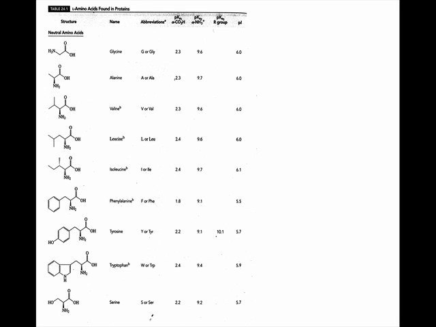If you look at the carboxylic acid values, what can you tell me? What's kind of strange about those carboxylic acid pKa values? They're lower than you would expect, right? You would expect that the pKa of a typical carboxylic acid would be somewhere around 3.5 to 4.5, 5, right? Kind of what we talked about for acetic acid. But these are a bit lower. Can anybody tell me why?